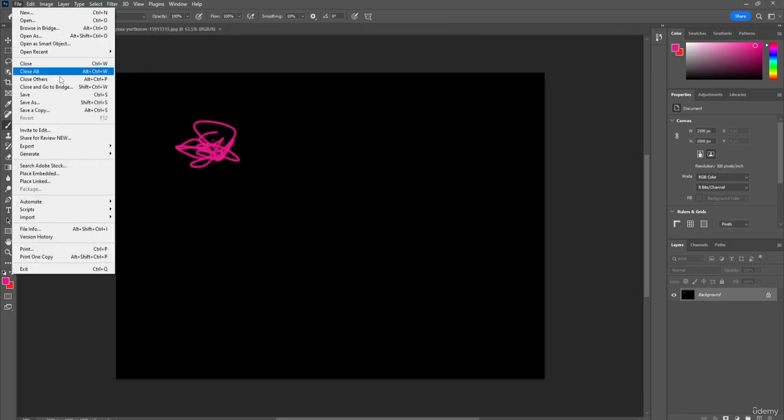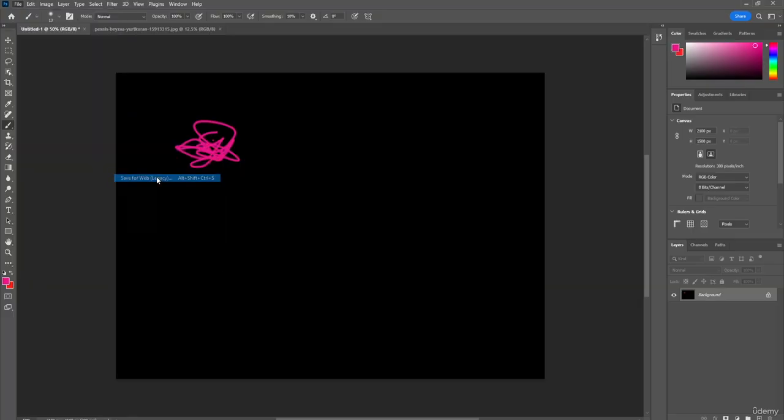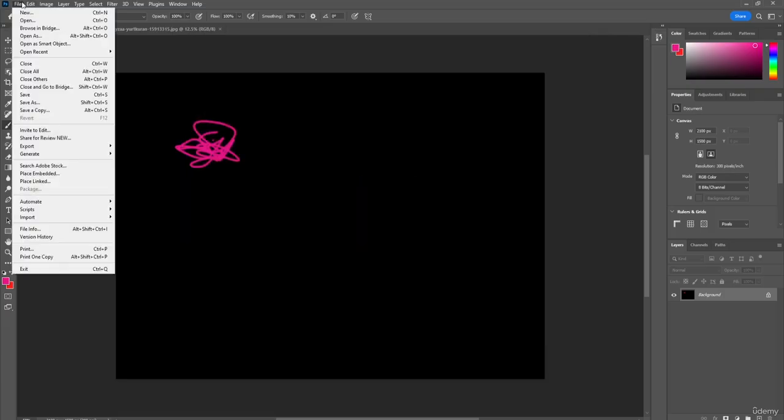Now let's talk about the other options over here. So right now I have the export preference. You can add a preference in this option, save for web. What this does is basically you can upload this image to the web, and you can make it a GIF file or a JPEG file, and you can also edit it in some way and set the transparency colors and then upload it to the web easily. So that is the option like this. So I'm going to use cancel right now, and I'm going to talk about